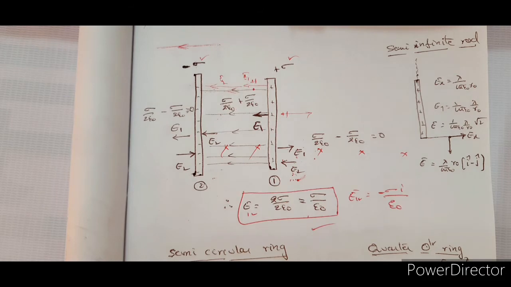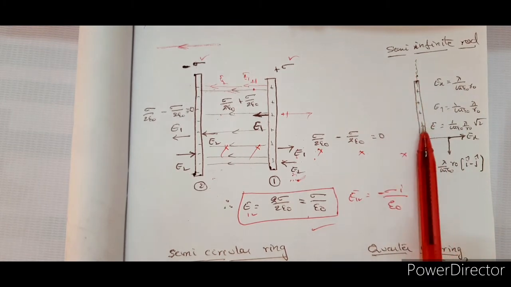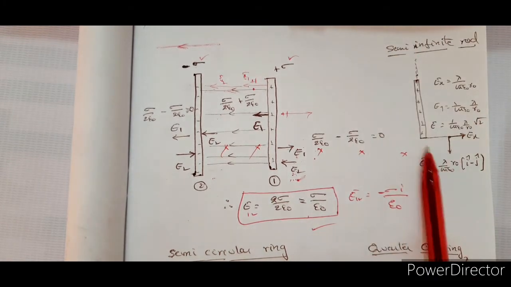Clear? Please make a note of that so that we can go to another concept. These are all applications of what we have already learnt. We learnt the standard results for an infinite line of charge, for a circular plane disc and a circular ring. We have seen all these things in detail, applying integration wherever necessary. Now we are seeing the applications of those concepts. So now the next one is the semi-infinite rod. Semi-infinite rod means one end is at infinity and the other end you have it.